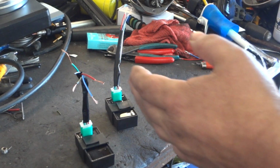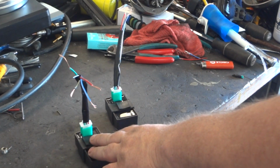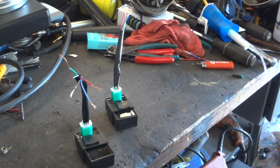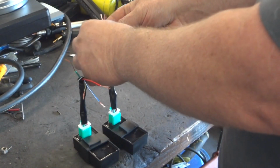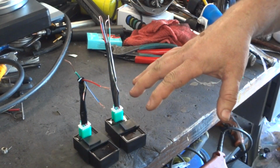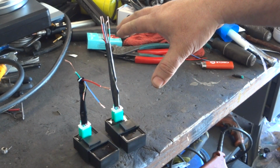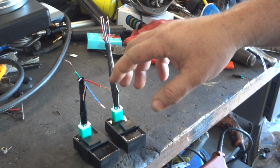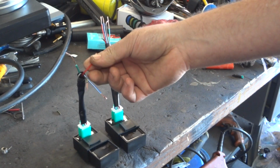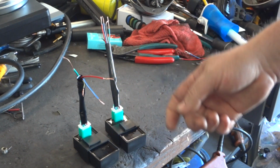You know, the thing that's giving the signal to the CDI on when to fire. Okay, so it's really basic. They're both pretty much identical. So really all we have to do is stick both of the grounds together, both of the black and red wires together to get power, and then we need one, because it's